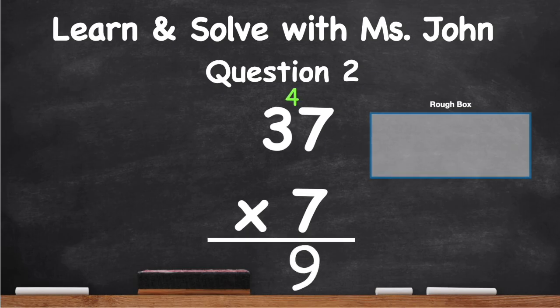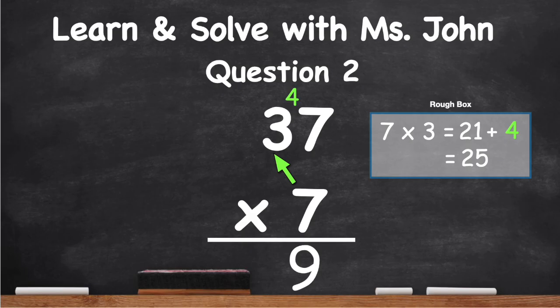So now we're going to multiply 7 times 3. So in the rough box, let's write 7 times 3. 7 times 3 equals 21. So now we're going to add the number we carried, the 4. So let's bring that down to the rough box, and we're going to add that to the 21. So 21 plus 4 equals